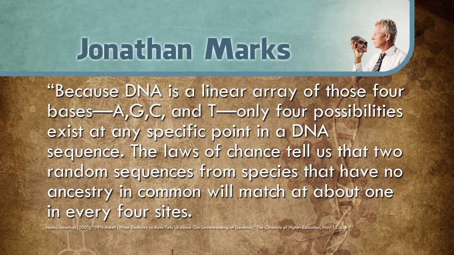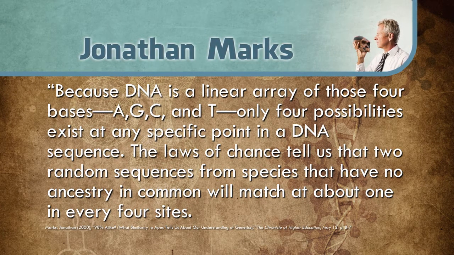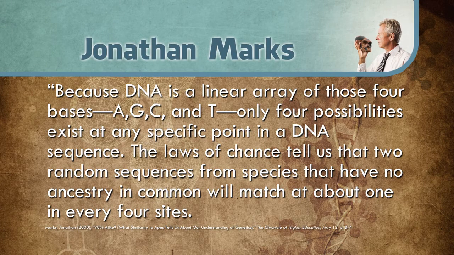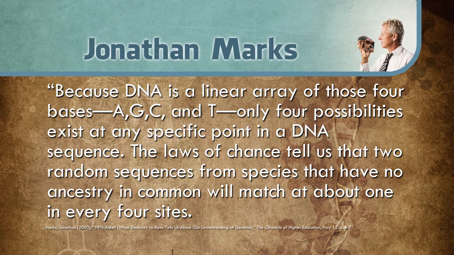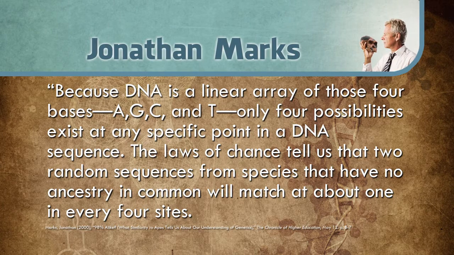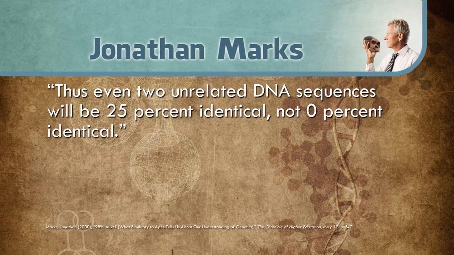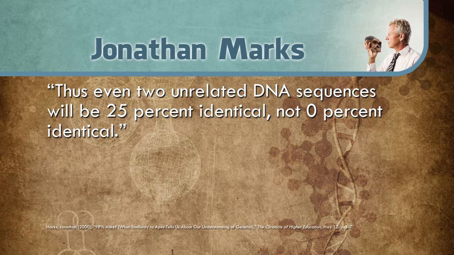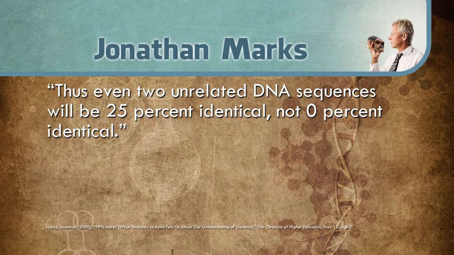He explains that because DNA is a linear array of those four bases, A, G, C, and T, only four possibilities exist at any specific point in a DNA sequence. The laws of chance tell us that two random sequences from species that have no ancestry in common will match at about 1 in every 4 sites. Thus, even two unrelated DNA sequences will be 25% identical, not 0% identical. In other words, the DNA of a human and any other creature that has DNA will be at least 25%